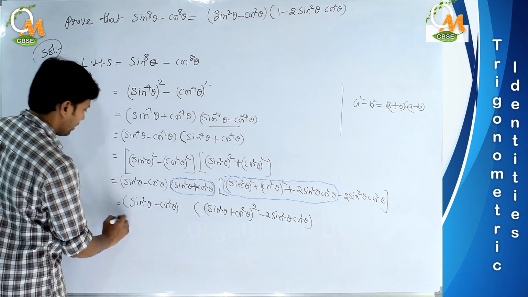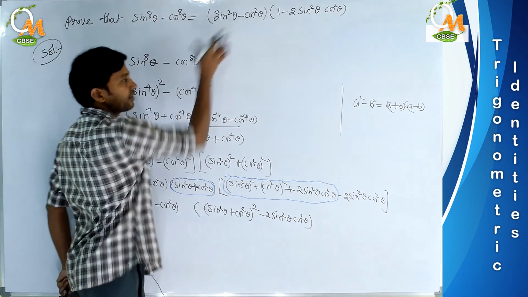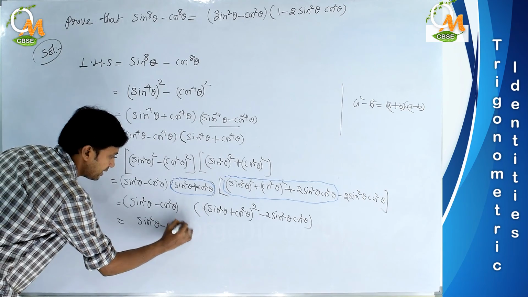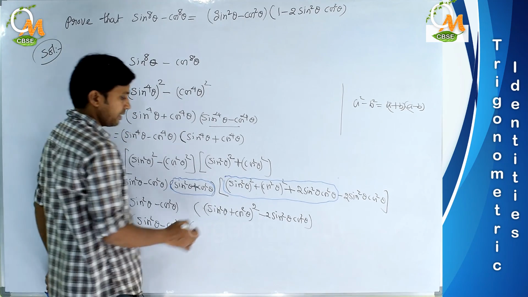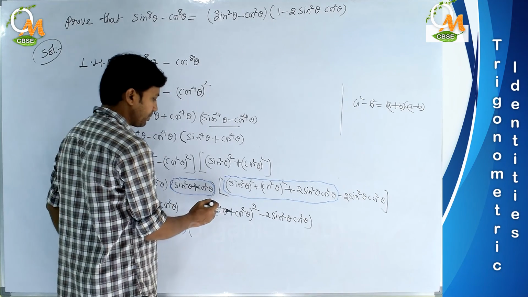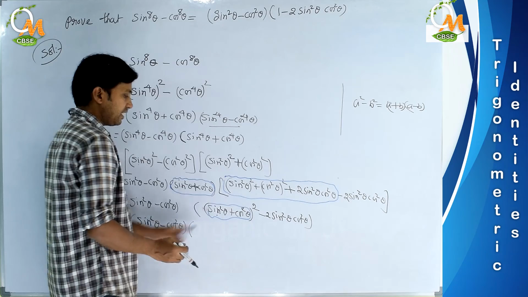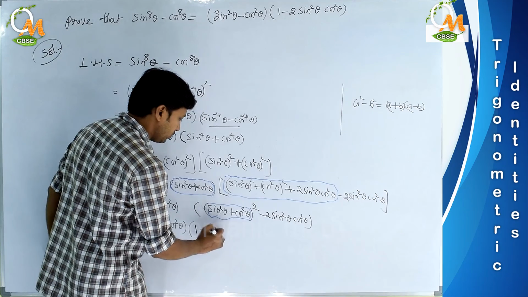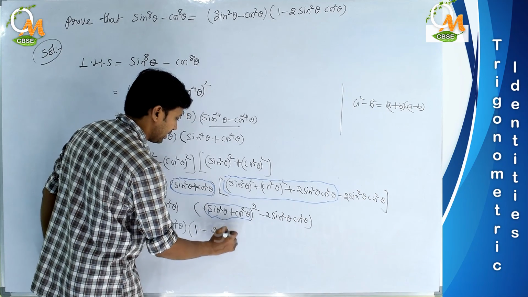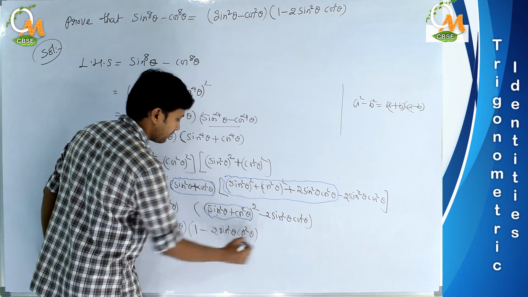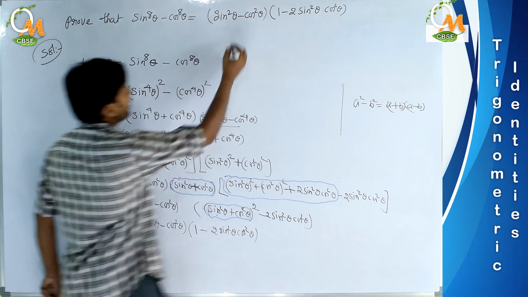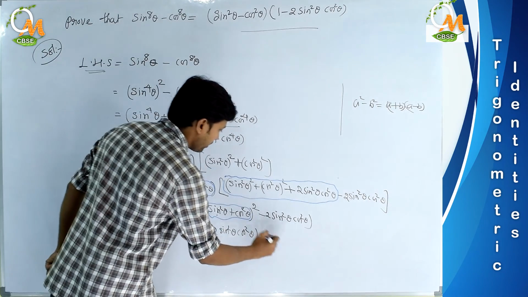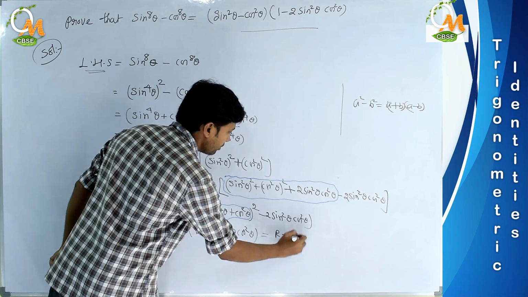Now we don't need to write this one. Just see here, don't touch this because this is there in the answer. Okay, now just see sine square theta minus cos square theta into, sine square theta plus cos square theta again we obtained. So this is again an identity, means this is 1 square. 1 square means 1 itself or not? 1 minus 2 sine square theta cos square theta. So did we obtain our required RHS part or not? Yes, we took the LHS part and we successfully obtained the RHS part.